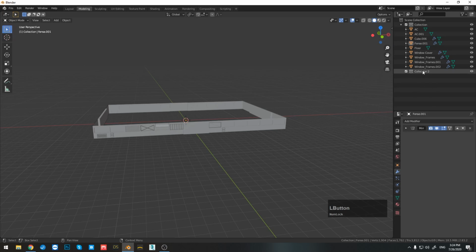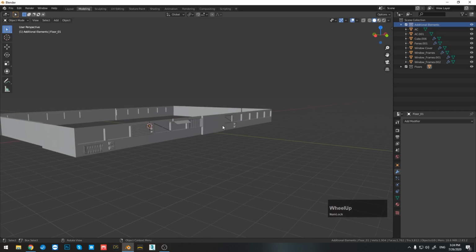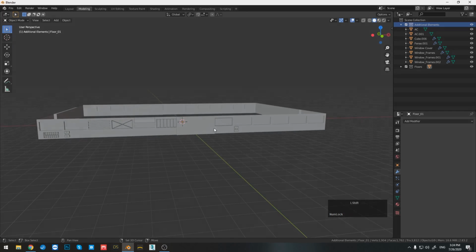So I'll name a new collection floors. And let me drag this one in here, name this one floor again 01. Now this one I'll call additional elements. Now how can I create more variations from this what I have so far? So first off,